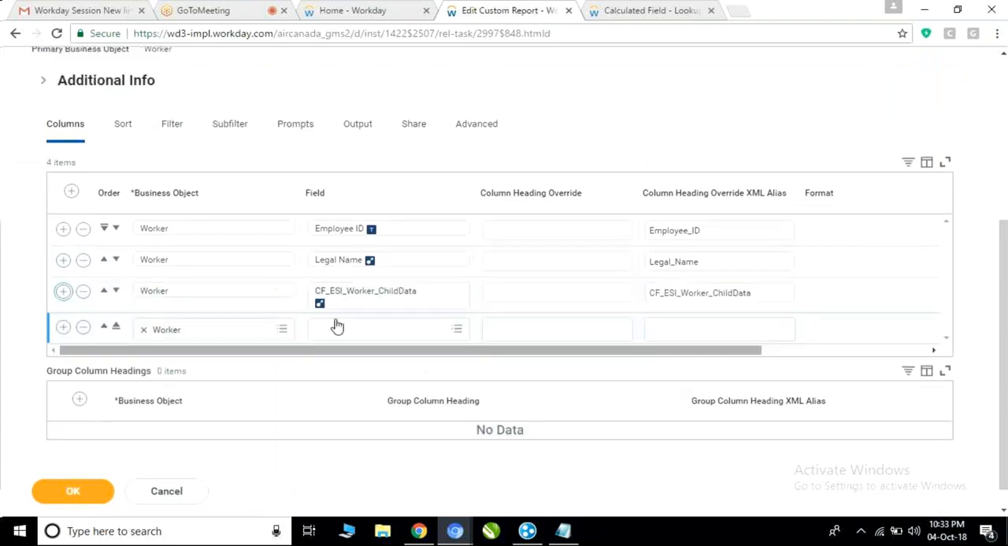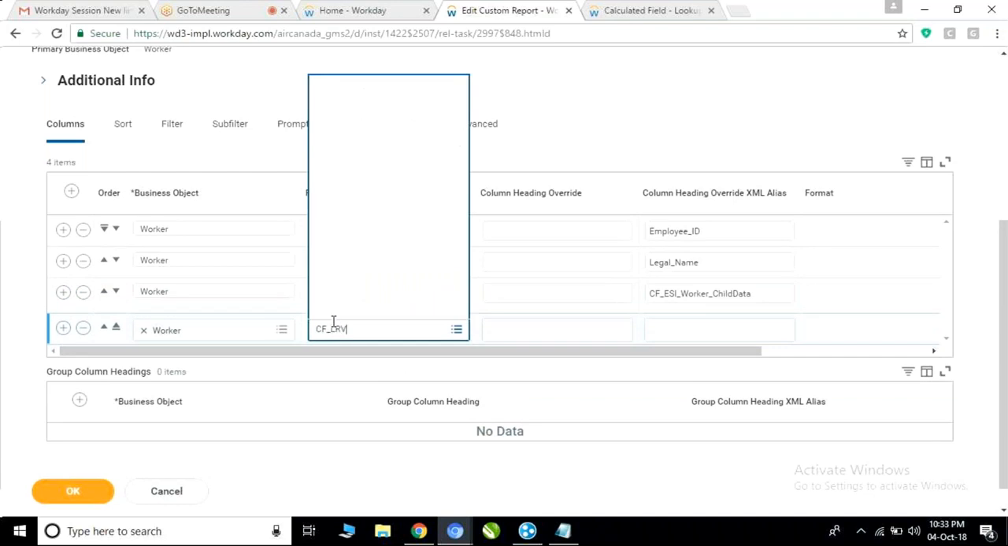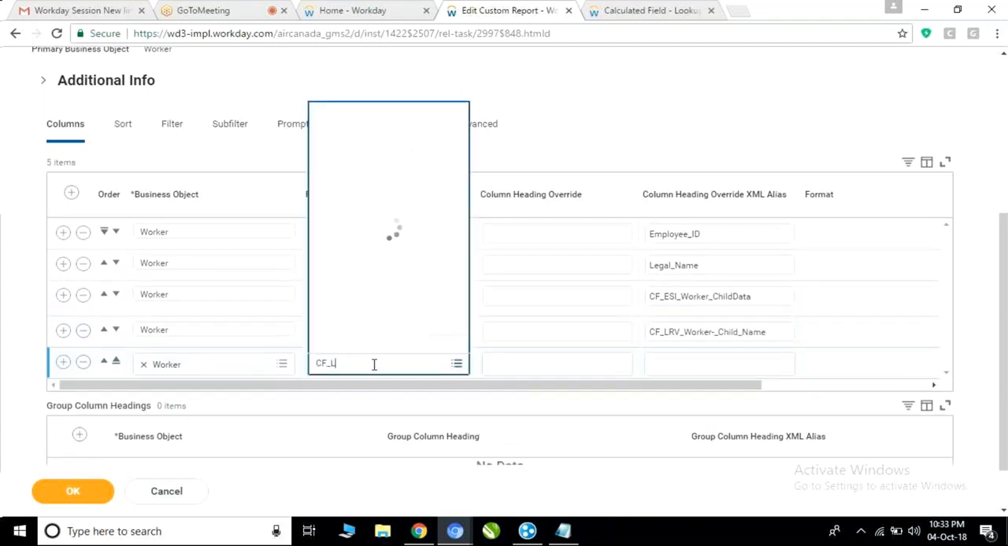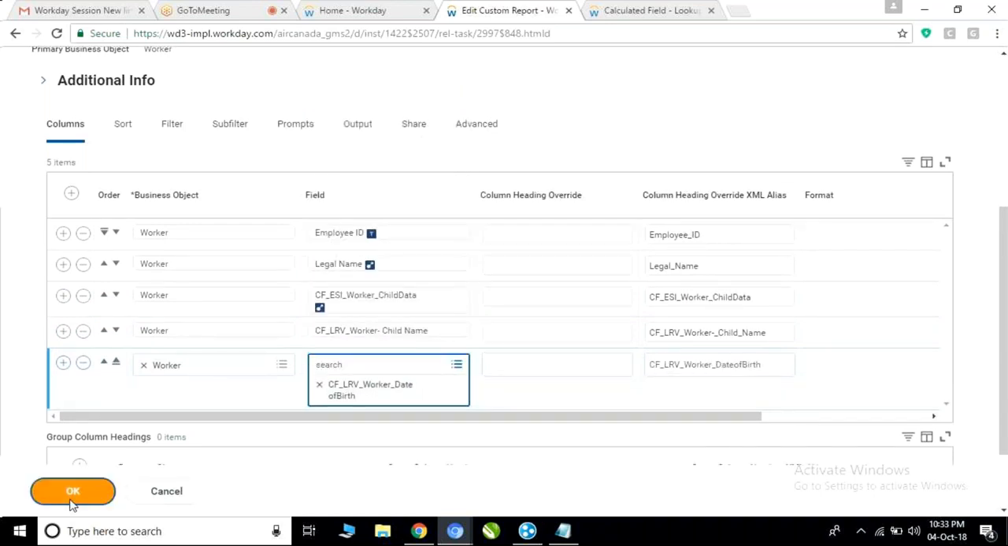So first I'll use that first LRV which I had created, which was the child name. Then I'll add another, which is the date of birth. Now if I run my report,